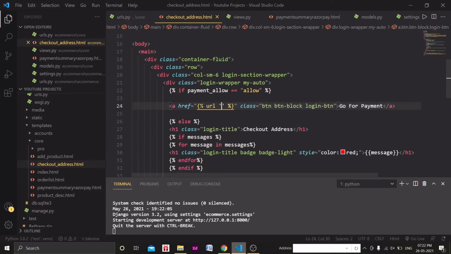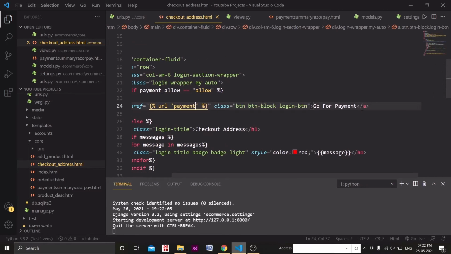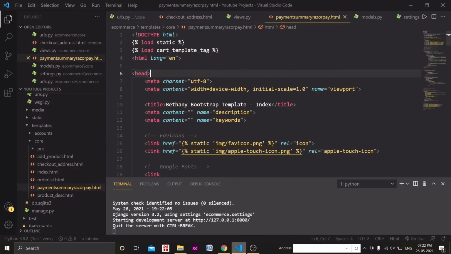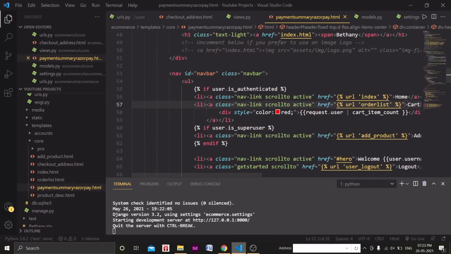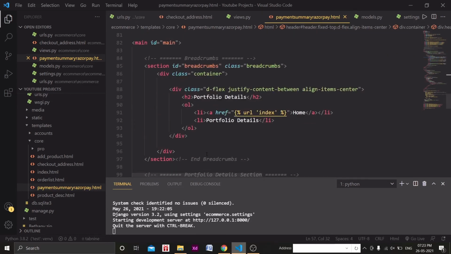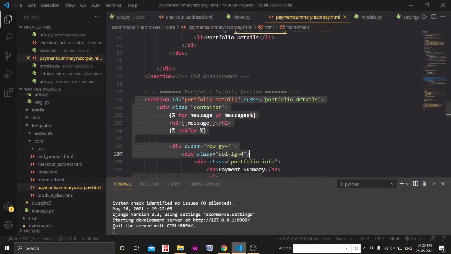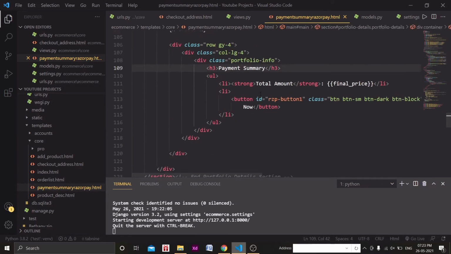By clicking on that particular link, the user will be directed to the payment page, that is the payment summary Razorpay HTML page. Here we have breadcrumbs, then portfolio details basically. Then payment summary, we have total amount and final price.